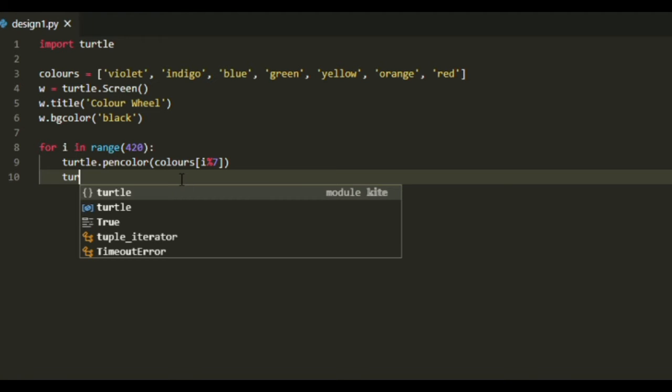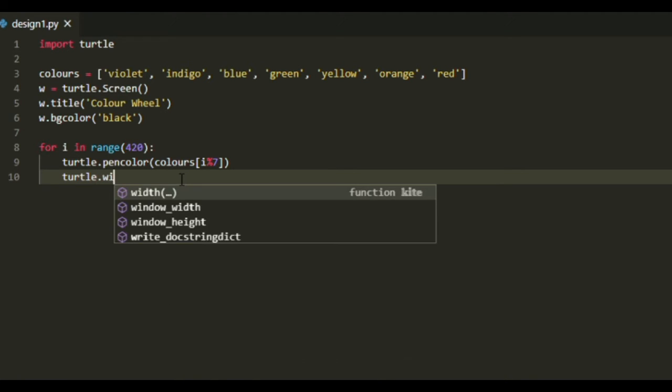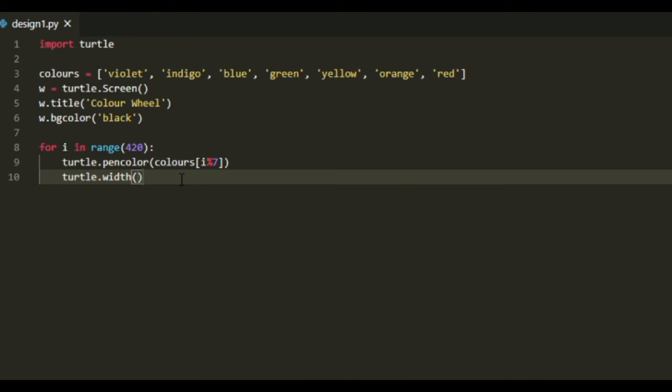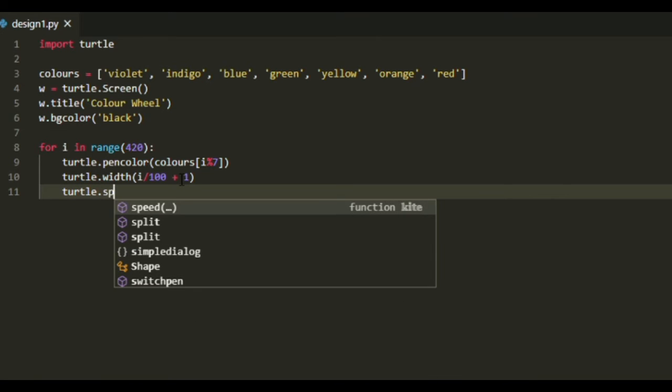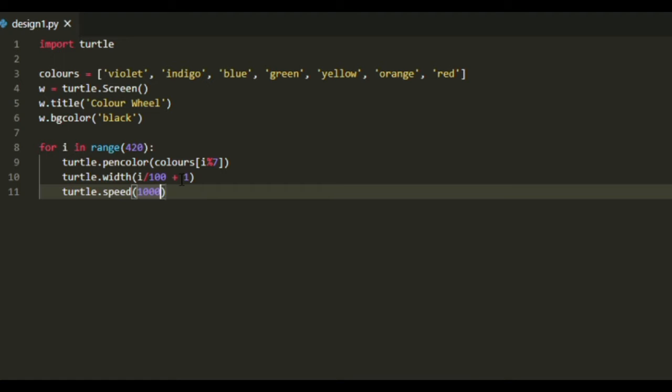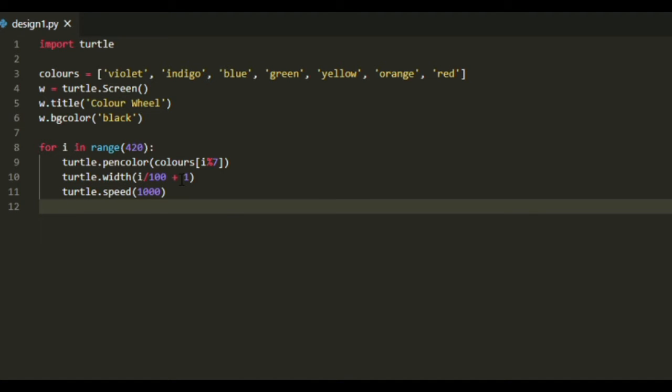Then we'll write turtle dot width. Now we are using this to set the width of the pen which will be drawing the design. So we'll say i divided by 100 plus 1. Then we'll set the speed by saying turtle dot speed, and we'll write 1000 so that the computer quickly draws the design.